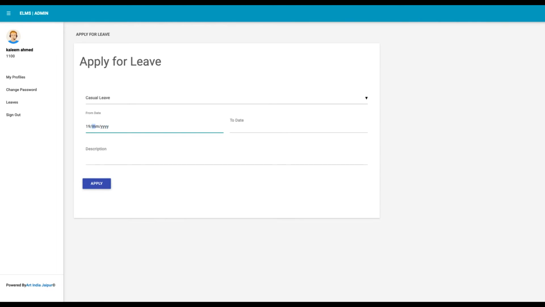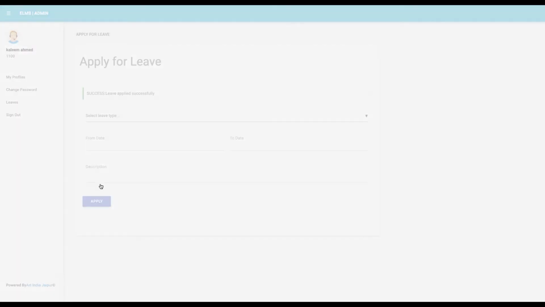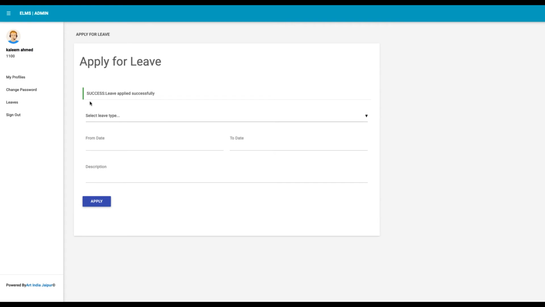Let's put the date, then the to date, and description. Let's put family function as a reason and description. And let's press Apply Now. Here you will see your leave is successfully applied.